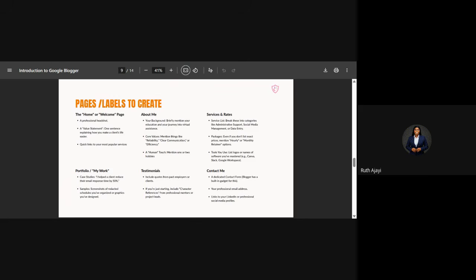Okay, so the first one is the home or welcome page. By default, Google Blogger has a home page, so that anytime you make a post, it's going to go directly to that home page. But I would advise you not to use that home page. Create a custom home page for yourself, and this custom home page should have, number one,